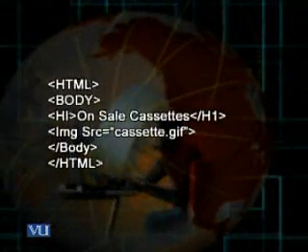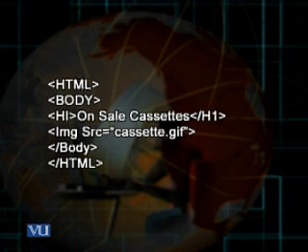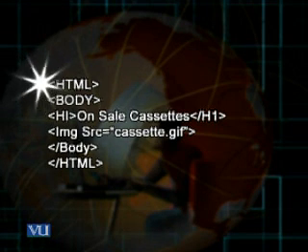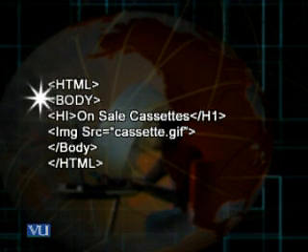I want to show you an example here that would illustrate the syntax for applying images. Say I want to apply the logo image of Virtual University in my web page. For that, a very simple code that I need to write starts with the HTML tag, then the body tag, then I have inserted a heading tag, writing on sale cassettes. Then I would use the image tag.